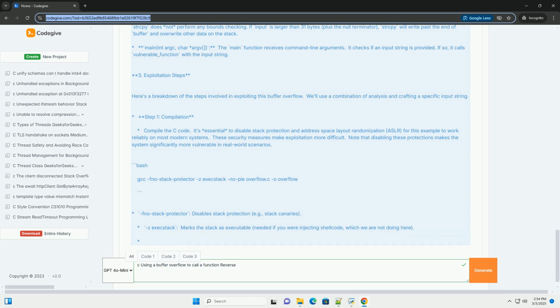Step 3, determine the offset to the return address. We need to figure out how many bytes we need to write to the buffer to overwrite the return address on the stack. We can use GDB for this as well. 1. Start GDB with the executable, gdb/overflow. 2. Set a breakpoint in vulnerable_function before strcpy, break vulnerable_function. 3. Run the program with a long input, run